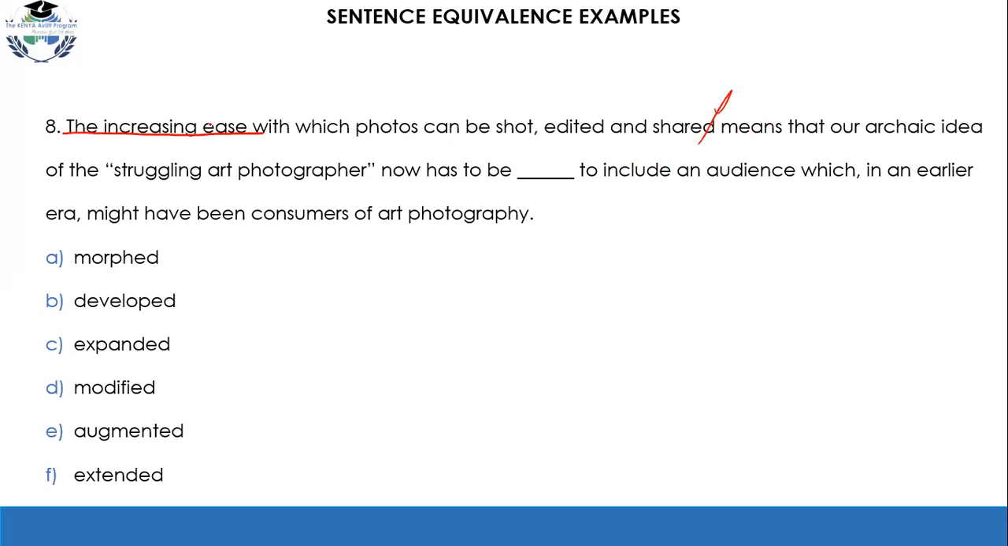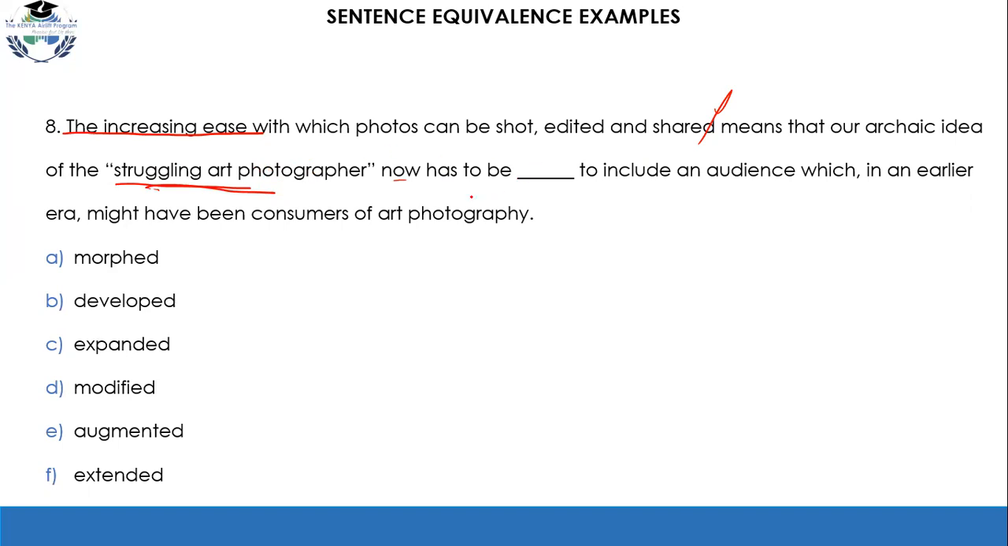Up to that part, this activity of shooting, editing, and sharing photos has become easier, right? The increasing ease means that our archaic idea of a struggling art photographer now has to be revised. We have to change it and think of something different. We need to rethink